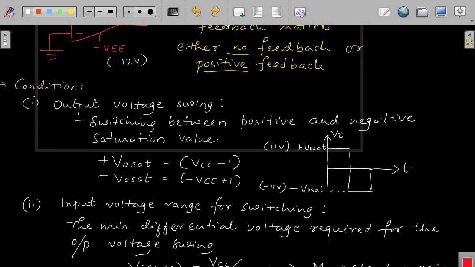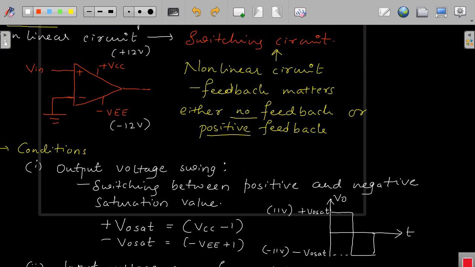If you consider an input voltage here of, say, 300 microvolt, 300 microvolt is a very small voltage, right? So that means it is almost at zero level only. Ideally speaking, it should be zero only as per the requirements of an ideal operational amplifier, because your A is infinite there, right? When A is infinite, your differential input voltage should be zero. But if you consider some finite high value of the open loop gain, then it comes out